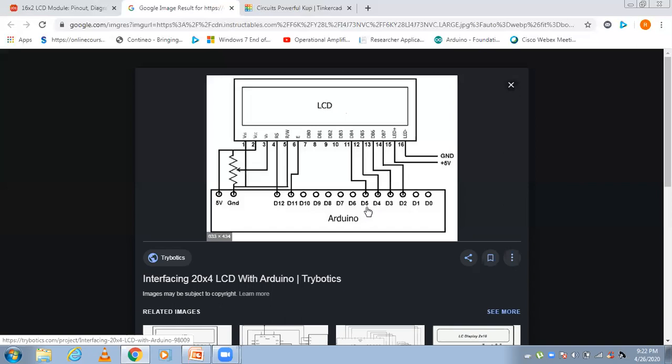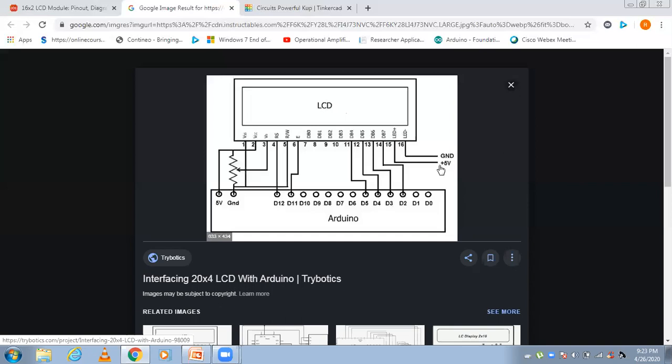DB4 will be connected to pin number 5 of the Arduino, DB5 will be connected to D4 of the Arduino board. Similarly, DB6 will be connected to D3, and DB7 will be connected to D2. Pin number 15 is the anode pin, and it is not connected directly to plus 5 volt.